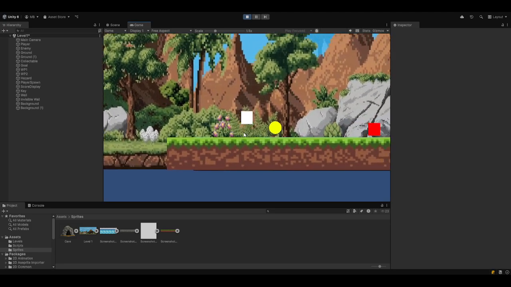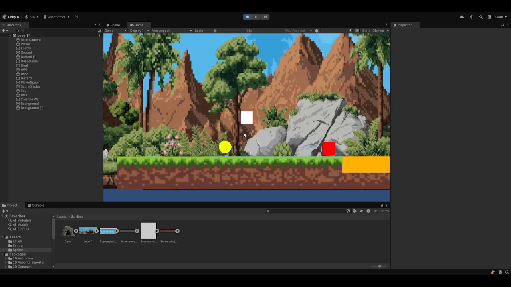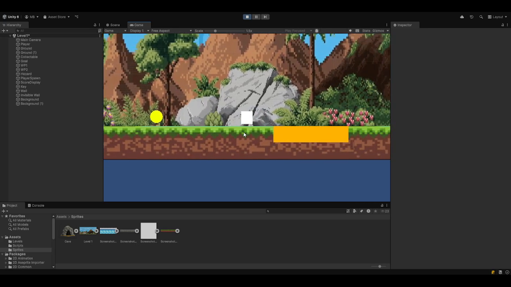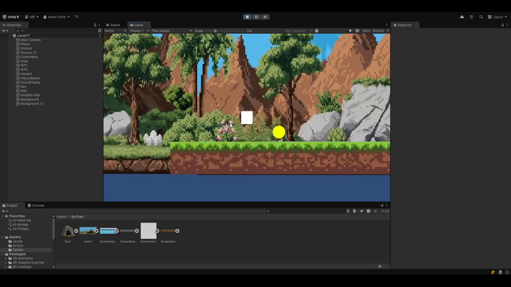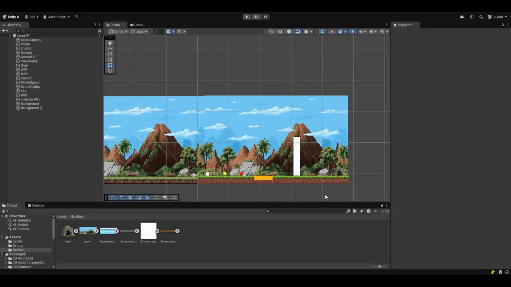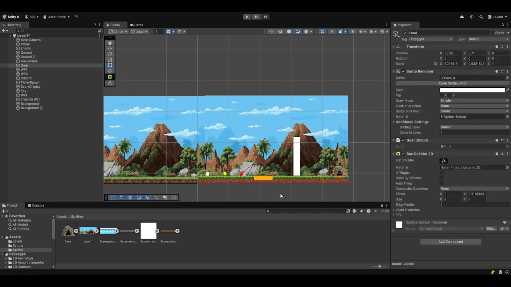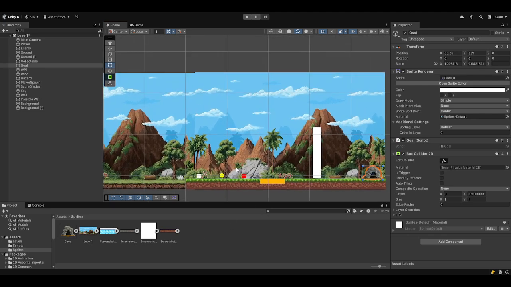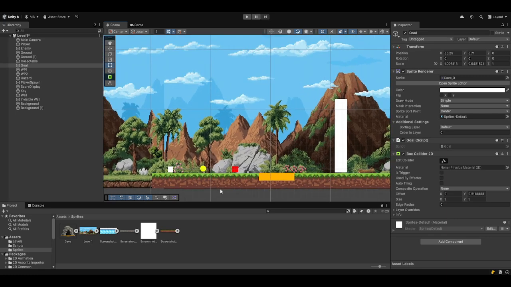Now you can make the background smaller if you want. It depends how close you want it to the camera. But at the moment, the background is making it look all right. So we've got the cave changed as well. We obviously need to change the wall. That probably will be like a tree or something. But let's now add in our enemy